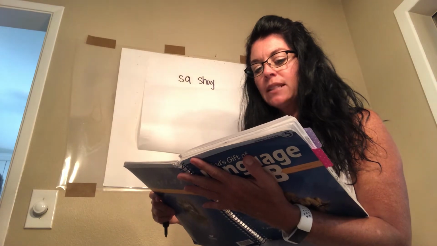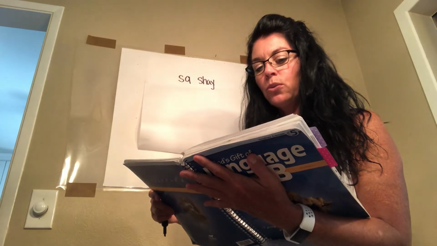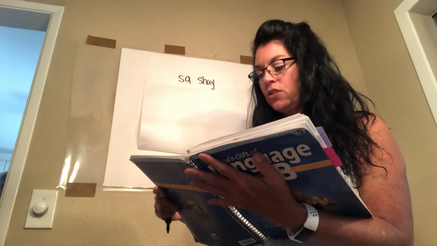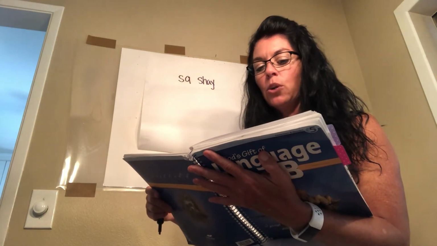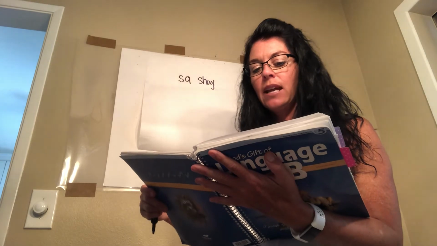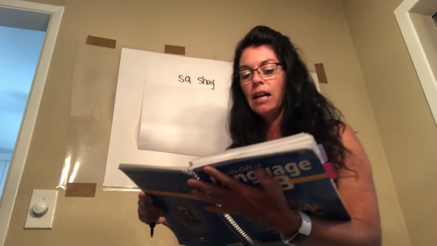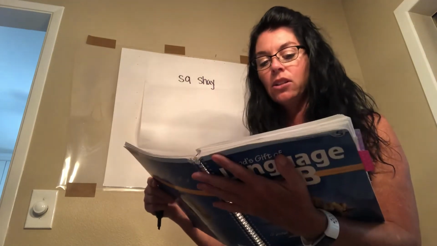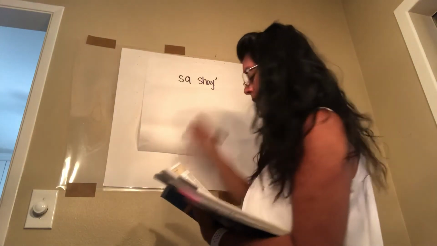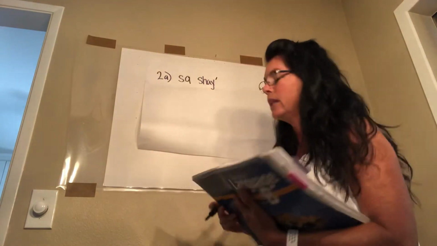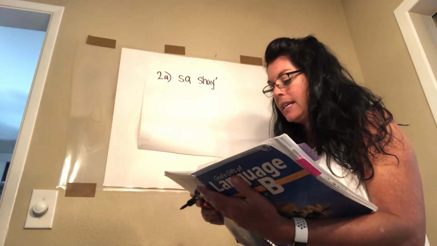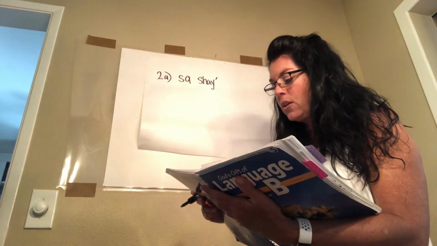If you look in parentheses, it tells you how to pronounce it, but it also gives you the accent marks. It says sa with a lowercase a sound, and then it has shay with the line over the A making a long A sound, and it has an accent mark right there. So on 2A, you would simply just put an accent mark at the end. Okay,